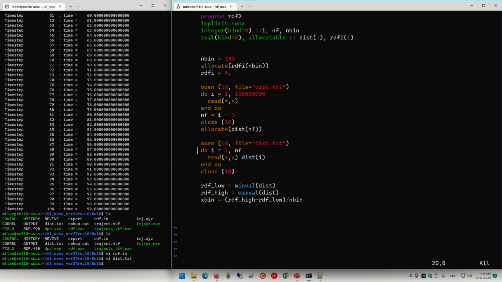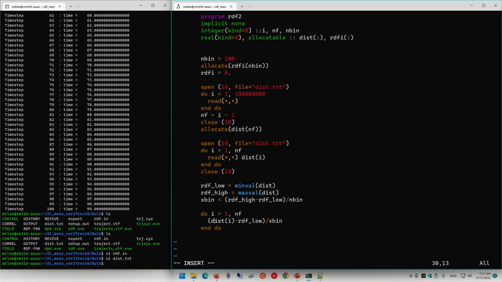So when my, okay, I need this loop right now. 1, 2, 3. Now just calculate the distance, right? So this distance minus RDF low, okay, minus RDF low divided by X bin, all right, is the position of the RDF.